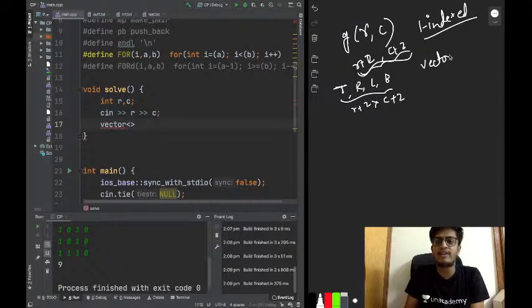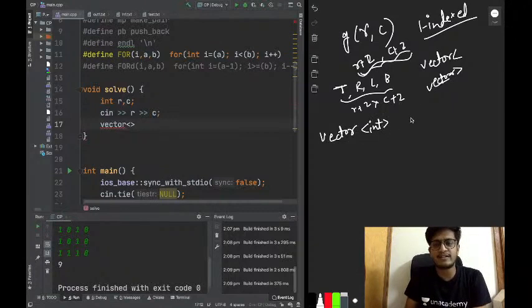We want to create vector of vector. Okay, but now there is a problem. How to initialize a vector? We have seen this thing. If I have to create a vector of n integers, I do this thing. If I am passing one variable in the constructor, it means this is the size, or I can pass n comma 0, so all these n values will be initialized with 0. If I am passing one value, it is the size. If I am passing two values, it is size comma value.